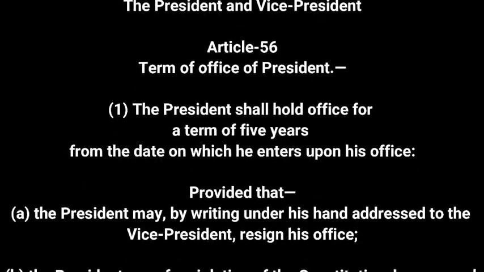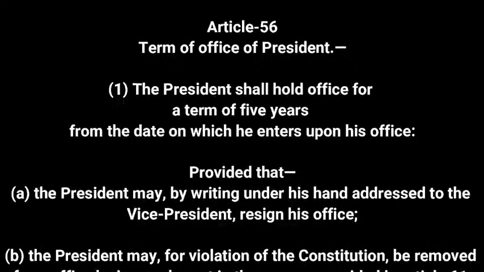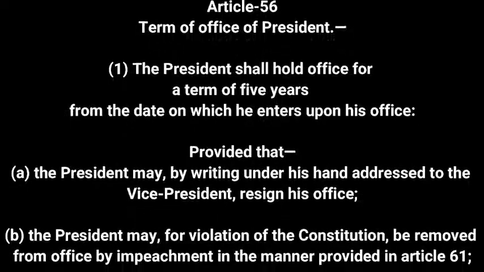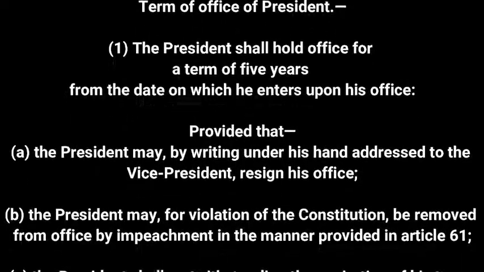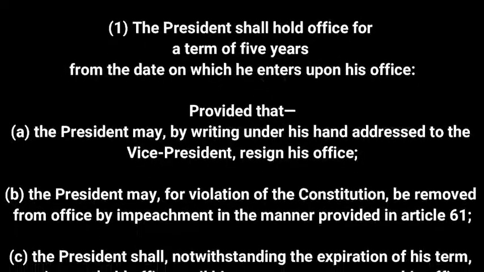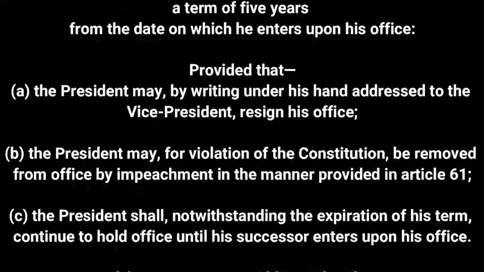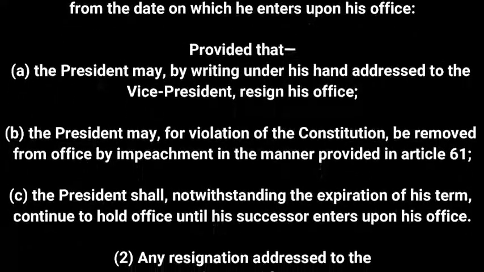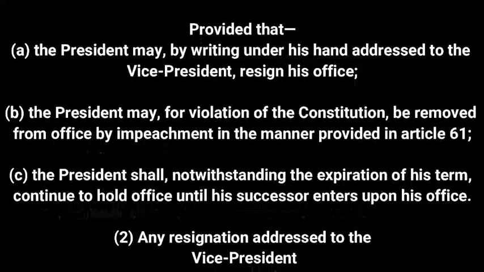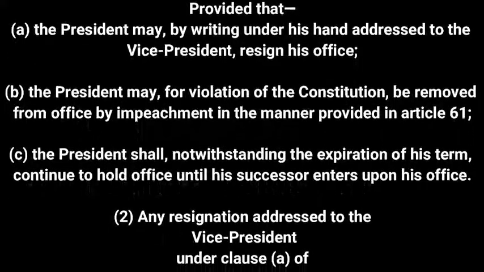a. The President may, by writing under his hand addressed to the Vice President, resign his office. b. The President may, for violation of the Constitution, be removed from office by impeachment in the manner provided in Article 61. c.